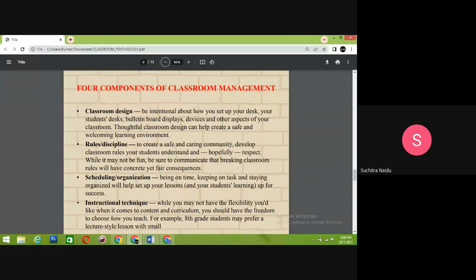Right. Then four components of classroom management. First one is classroom design, as I told you, where everything should be clean. The atmosphere, the environment should be good. Then rules and discipline. Now, rules and discipline, as I told you, there are some classroom rules, like the class